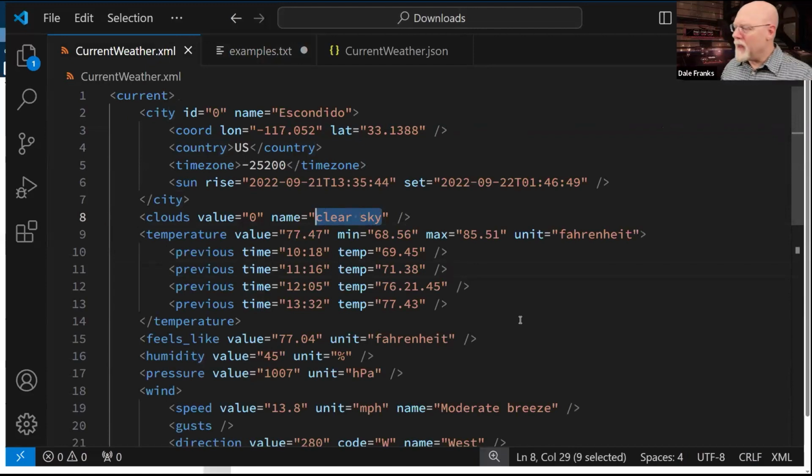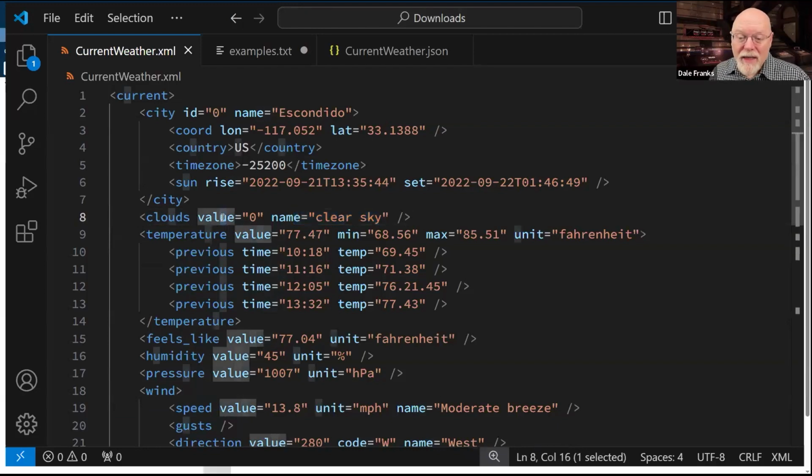But there's a problem. We can find current, that's our first node, slash clouds, that's our second node. But how do I get to this clear sky thing? That's what I need to return. How do I do that here?